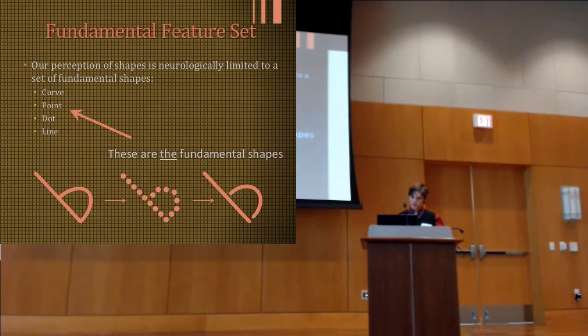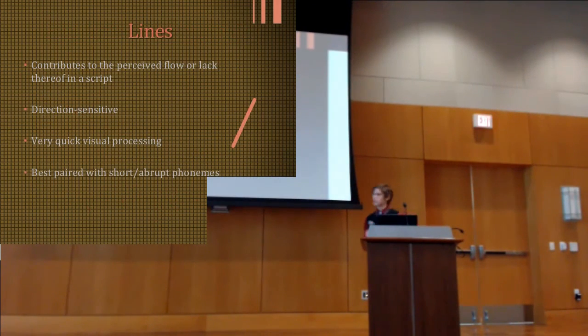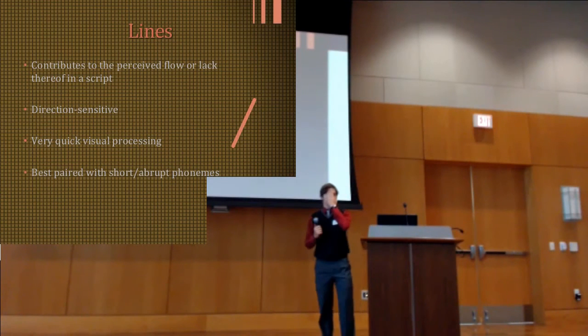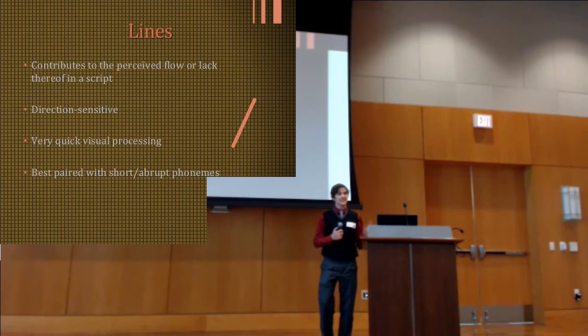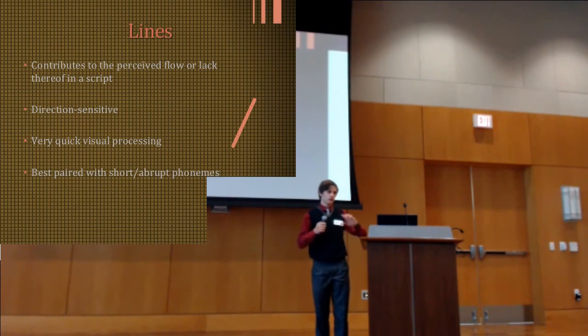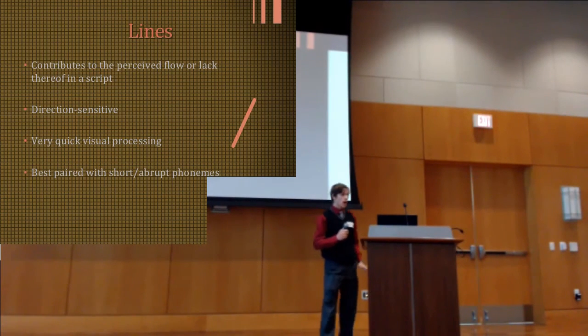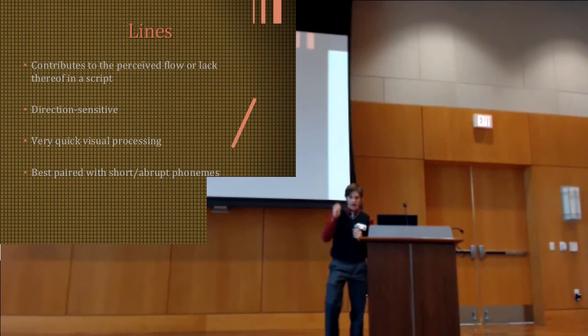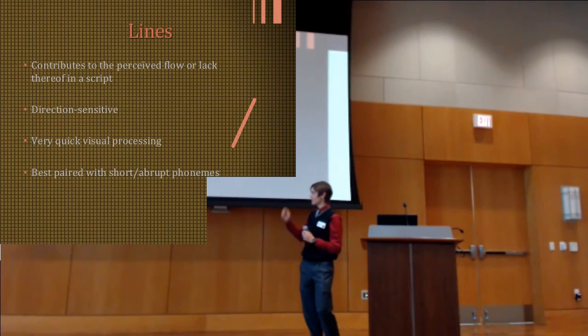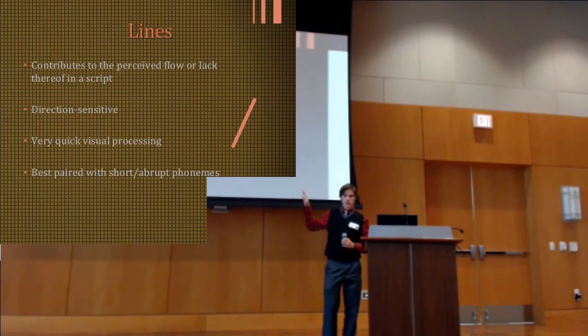So, without further ado, lines. I'd like to look at the use of lines. This might seem like a basic thing, but you do want to use lines in different places than you might want to use curves, dots, points, etc. Our brains are very, very good and very fast at processing lines. If you look at the amount of reaction time it takes somebody to process, and this wasn't conducted with language, this was just conducted with random shapes,